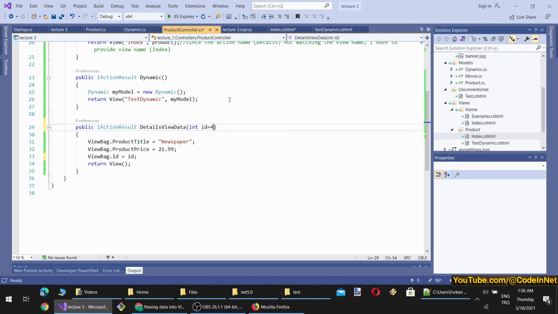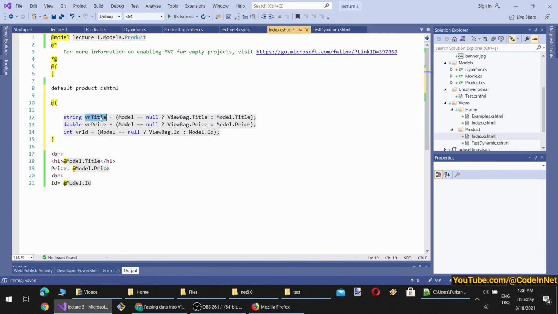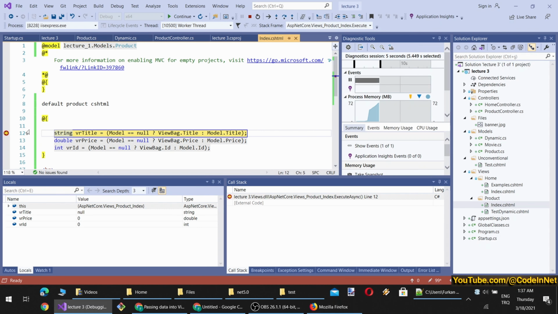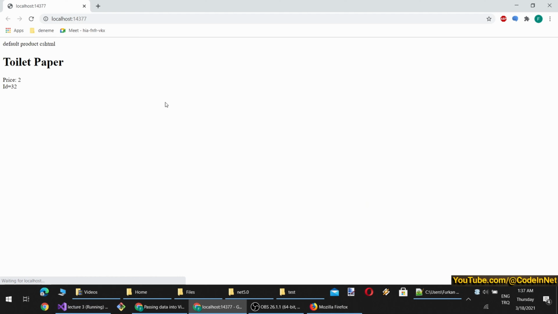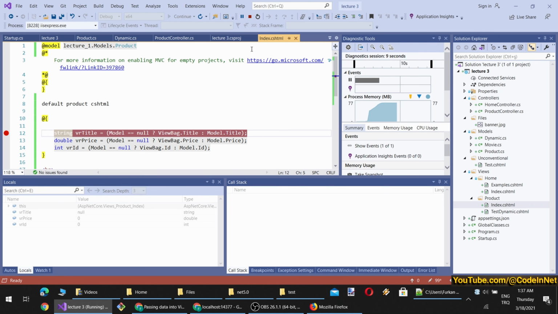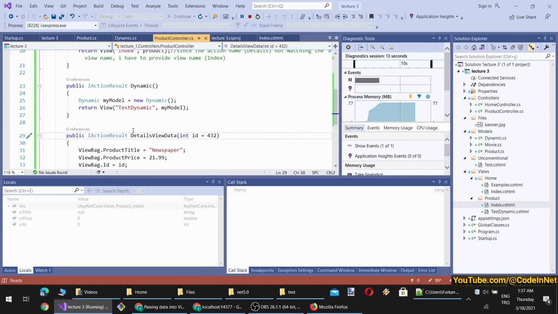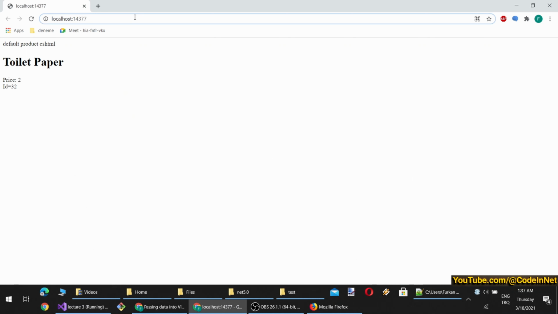And by default we can assign something. Here we will use title, price. I think I can write the price as ToString with format, and the ID. Okay, now let's check it out. Okay, the model exists right now because it is the default. Then our new action method name is DetailsViewData. It is in Product, Details, ViewData.